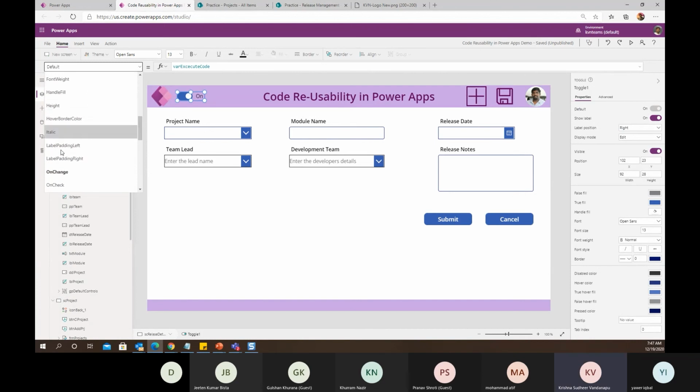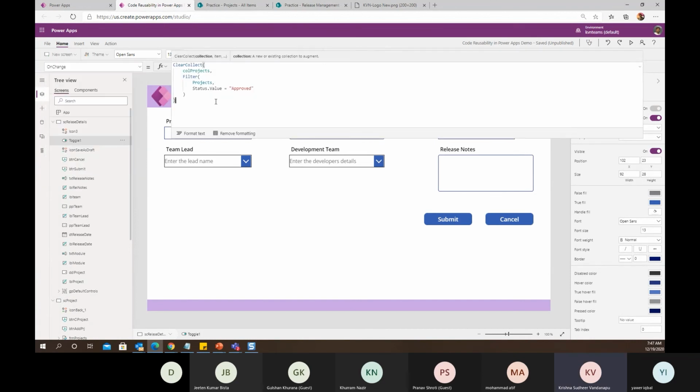In this way, I can create my global code, reusable code blocks, which I can organize. I can create it at one place and I can execute that code from anywhere in the application, which is exactly the same way what we do as part of our .NET or Java applications, which we call a data access layer.